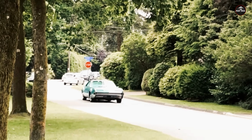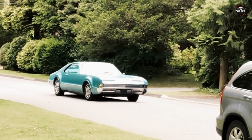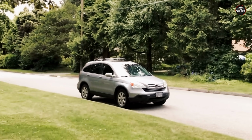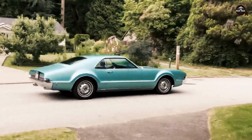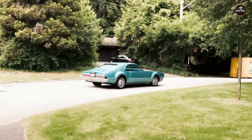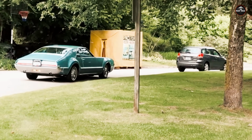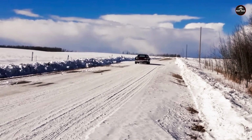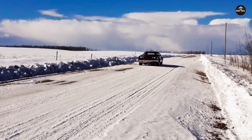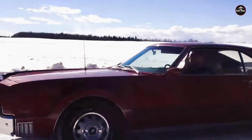1966 Oldsmobile Toronado. The Oldsmobile Toronado was a groundbreaking car when it debuted in 1966, being one of the first American cars to feature front-wheel drive. Its sleek and futuristic design, combined with a powerful 425 cubic-inch V8 engine, made it a standout. Despite its innovation, the Toronado didn't achieve the same level of fame as some of its contemporaries, making it an